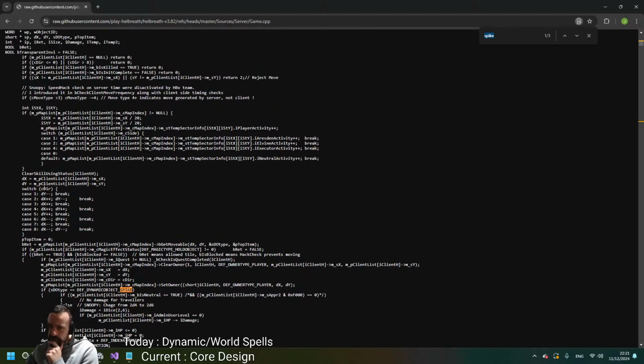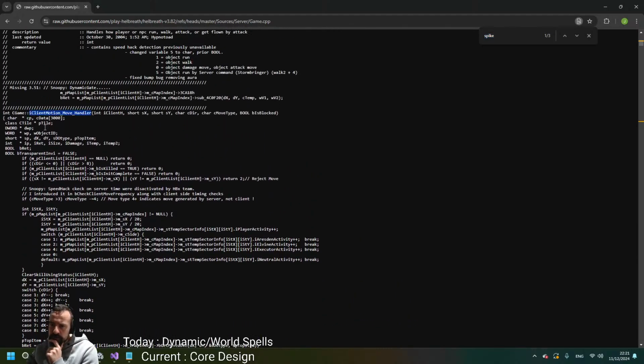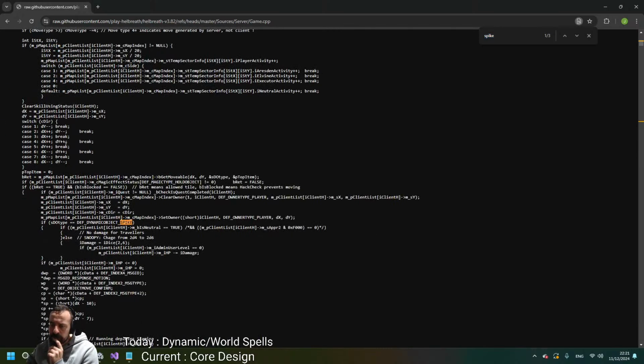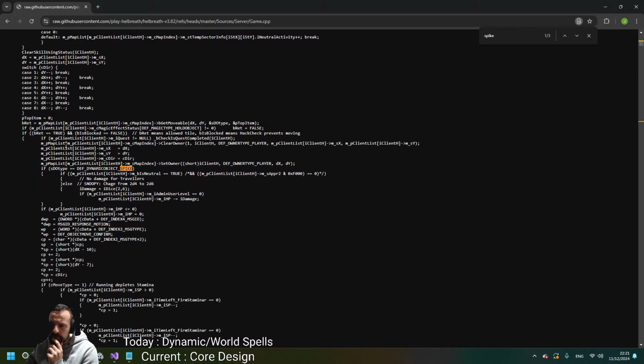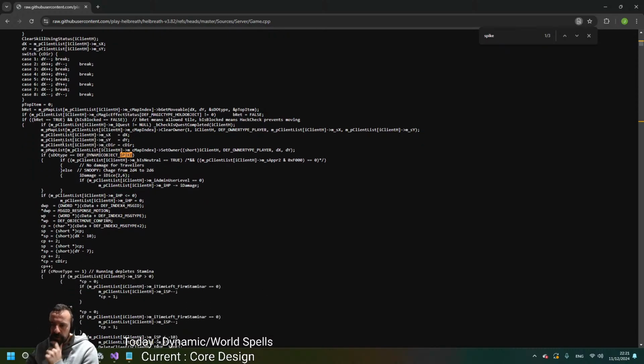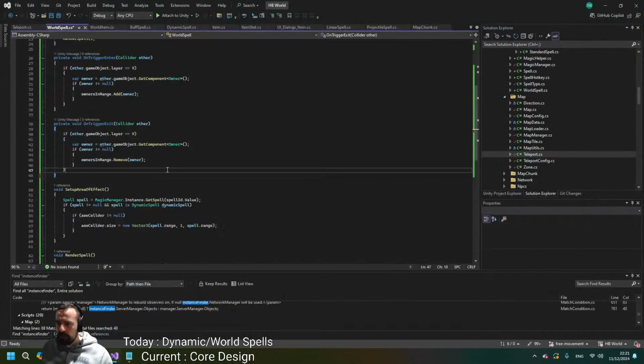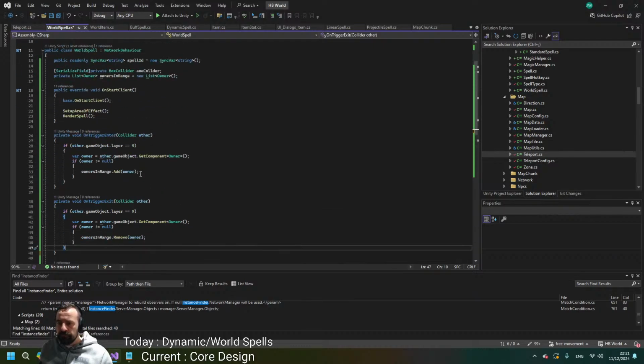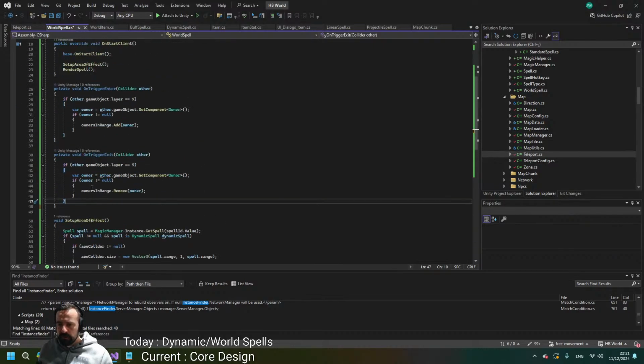I think it's really simple here. This is the move handler. So all the move handler is saying is if this tile has spike field in it, do some damage. All right. Well, I saw how it was working for Poison Cloud. We probably need to